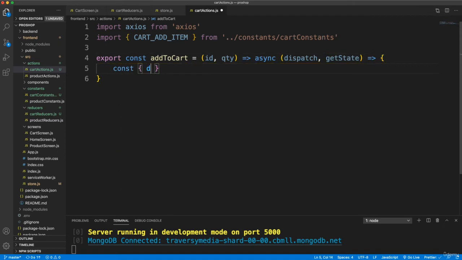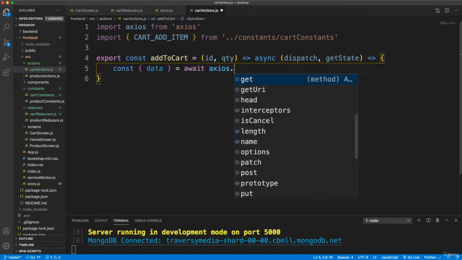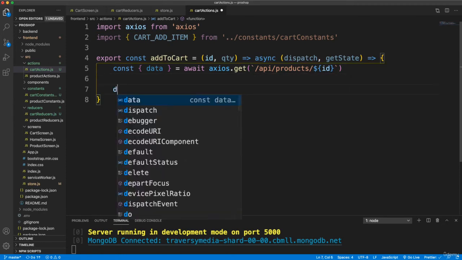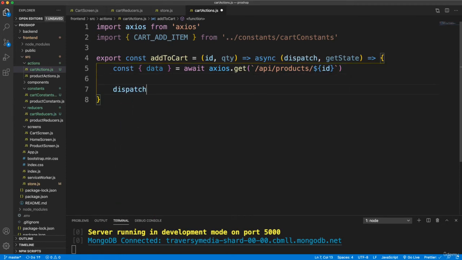So we'll go ahead and destructure the data, and we're going to get that from Axios. We have to await because it's asynchronous, and then axios.get, pass in some backticks. It's going to be API products slash and then whatever the ID that's passed in. And then once that's called, we're going to go ahead and dispatch,